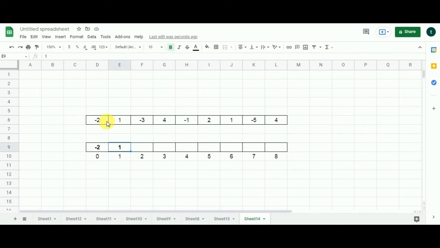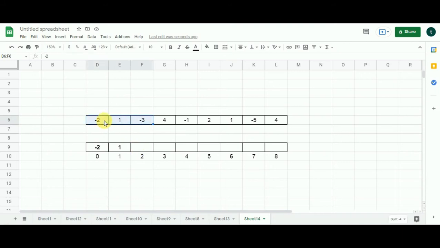In our solution array, at each cell we are finding the maximum sum including that particular integer. An integer can be a part of an existing subarray, or a new subarray can begin from it. In this case, a new subarray starts from 1. Let's move ahead. Now we have these 3 elements in our subproblem.